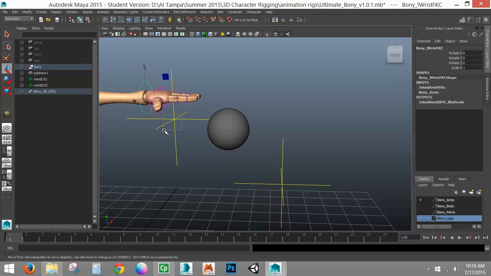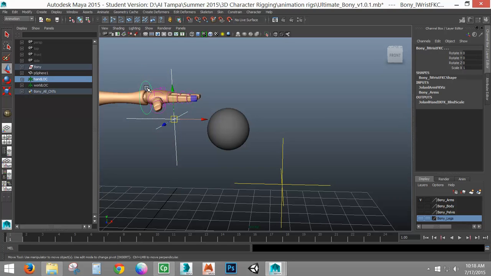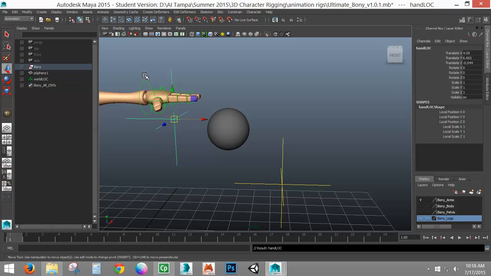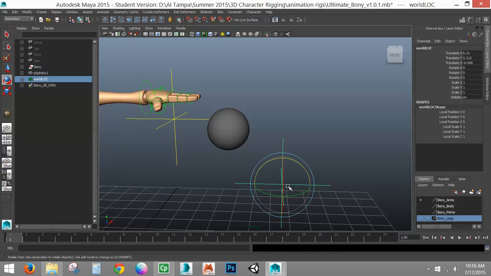So I'm going to select my hand locator and shift select my wrist control and just regular P for parent. Visually, what's going to happen is you select your wrist control or whatever you parent it to. It's going to highlight, showing that it's connected. I rotate, it rotates with me. So that locator is now connected. Again, the one over here is to your world. It doesn't have to be anywhere. It can just be on its own.